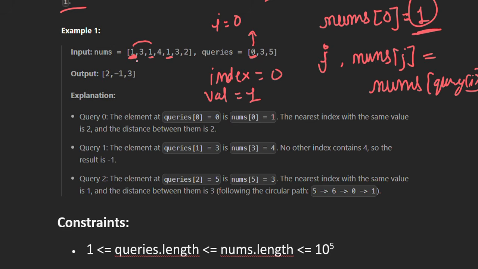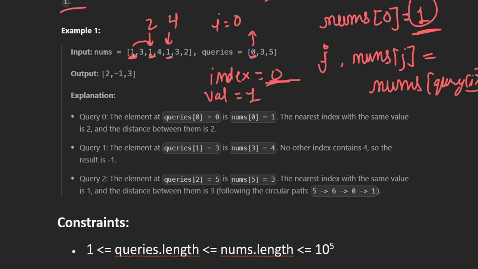Now we have to find the other indexes that have the same value. So these are the indexes that have the same value. Now from our current index, that is 0, we have to find the minimum distance with the other indexes. So our current index is 0 and the other indexes are 2 and 4.